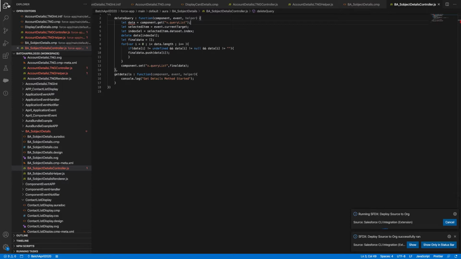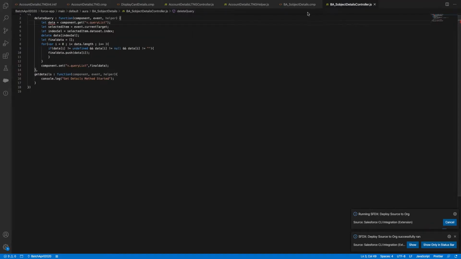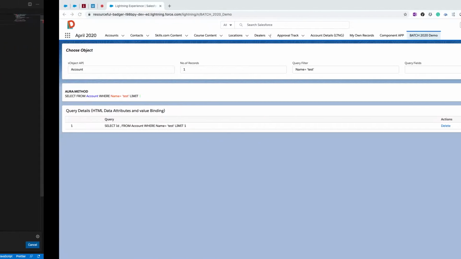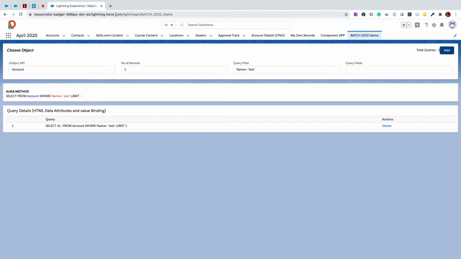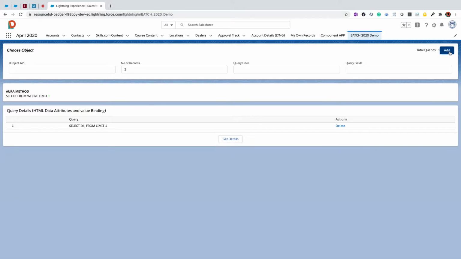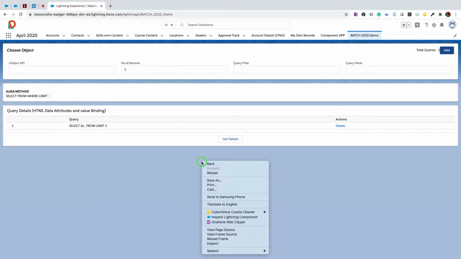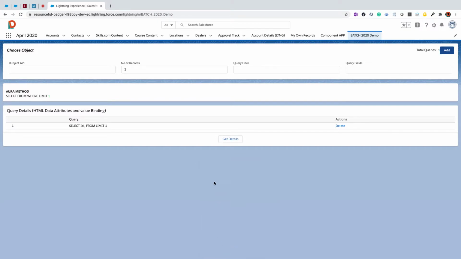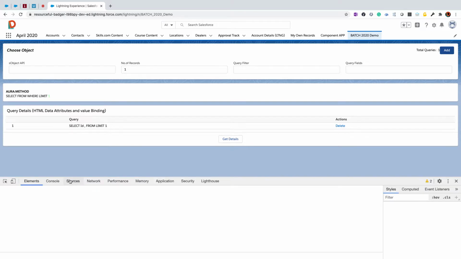Deploy. Refresh. I can say add. You can say get details to display, to see the inspect, just to see whether your methods are running.